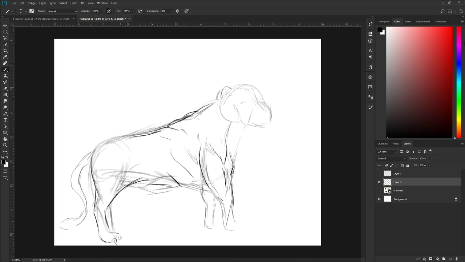So I'm using the lion's back legs, and then the bull's front legs. So the front is basically the bull, and the back is the lion. With the exception that I'll be using the lion's hair and face. Okay, so